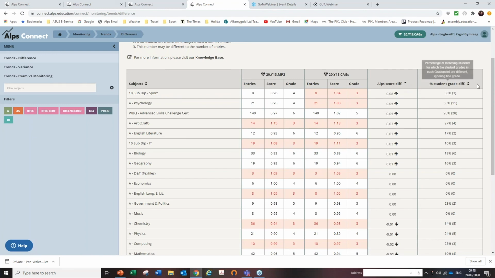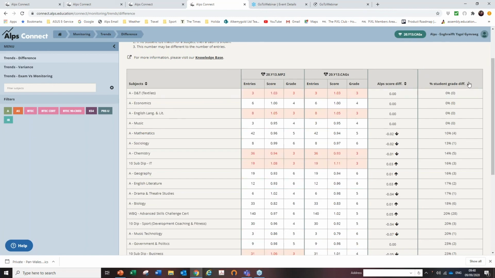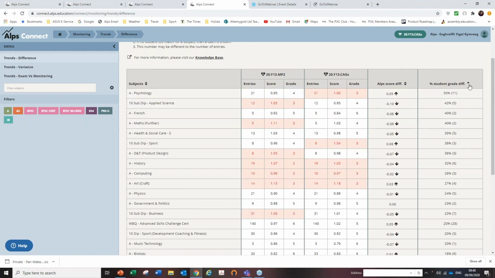I'm now going to shift sideways to the percentage student grade difference, and I'm going to sort by that. Here are a few that are interesting in that it looks like the identical grades that were sent home in February were then submitted as CAGs in those 4 subjects. Sorting the other way, the biggest change was 50% of the grades were different